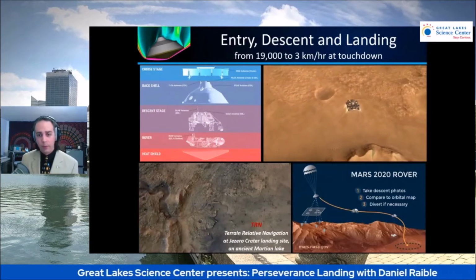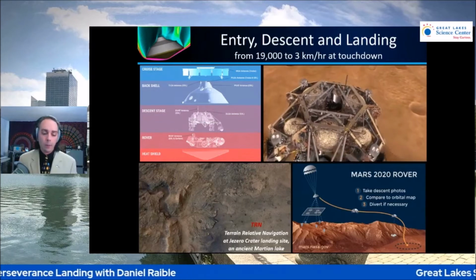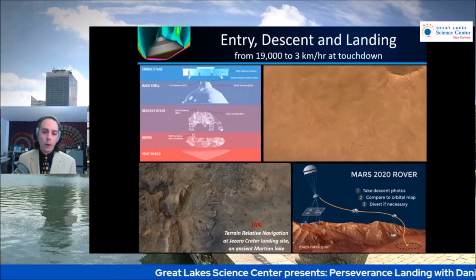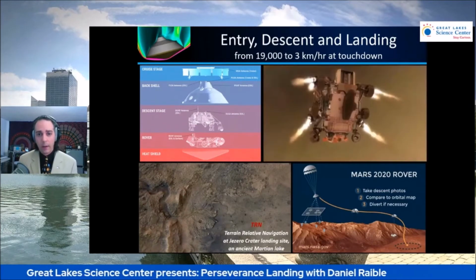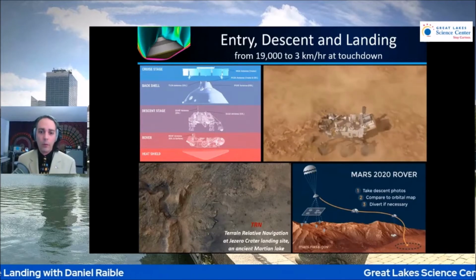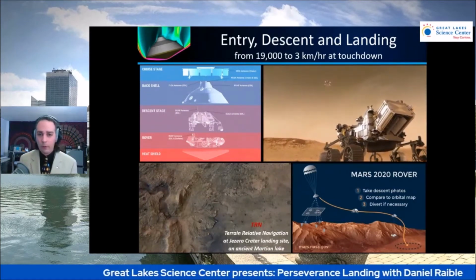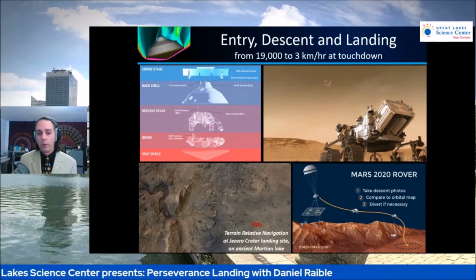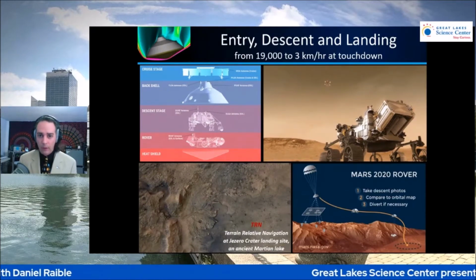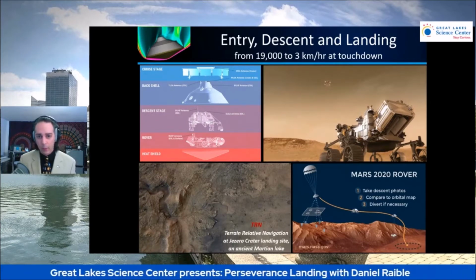This is similar to what was done with the earlier Curiosity rover, but there's one interesting difference, and that is we've built some autonomy into the system known as terrain relative navigation, or TRN, where the spacecraft during entry, descent, and landing is going to be capturing images of the surface to try to fine tune that descent in order to hit our ultimate landing zone, known as Jezero Crater, which is part of an ancient Martian lake. And so it is going to have control over the final part of the descent in case it sees some rocks or things on the surface that it needs to correct for. And really, this is enabling us to hit this particular landing zone, something that we weren't able to do